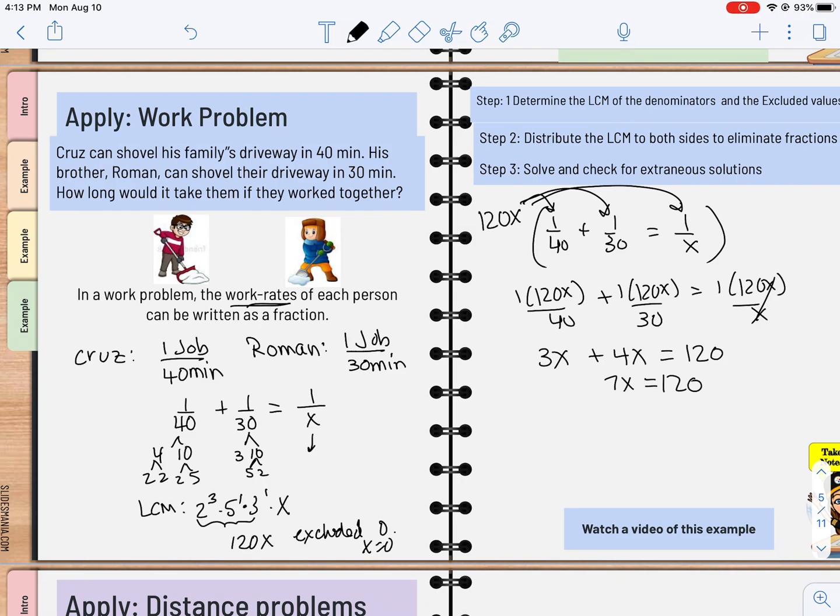So if I combine my like terms, I get 7x equals 120, and if I divide that out, I get 17.14 basically minutes. So we're looking at the fact that if they work together, it will take them a little more than 17 minutes to get that completed, which seems realistic since Roman could just do it by himself in 30 minutes anyway. This is not equal to 0, so therefore it's not extraneous. It's a good